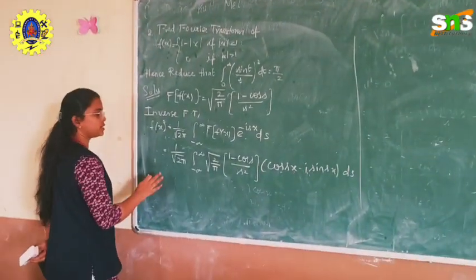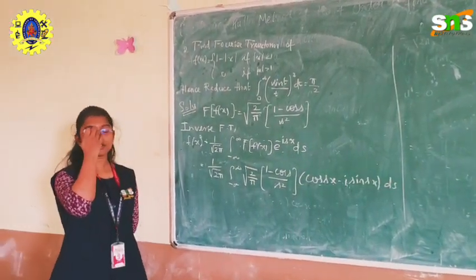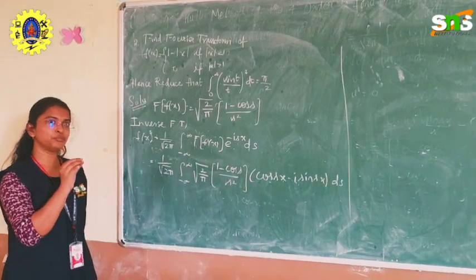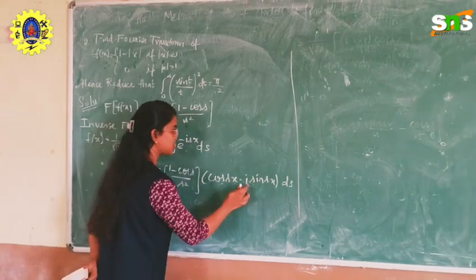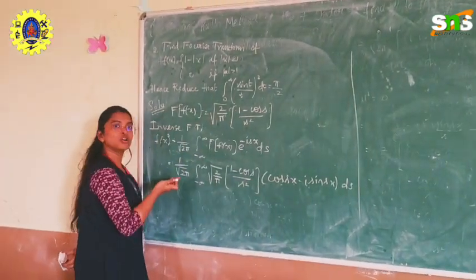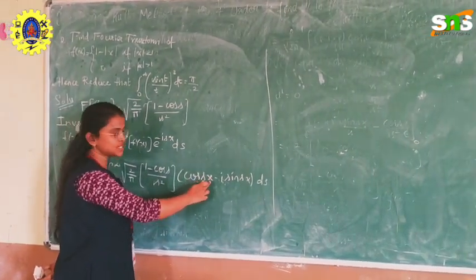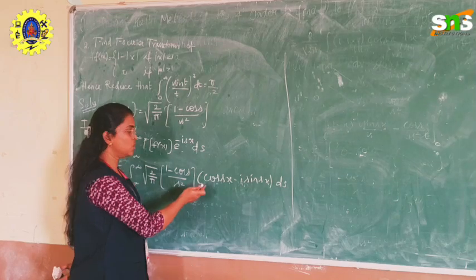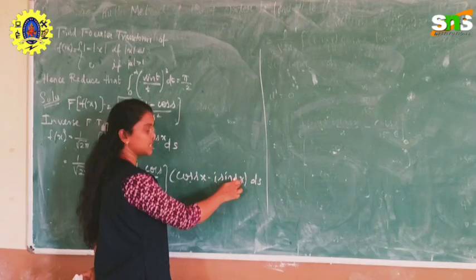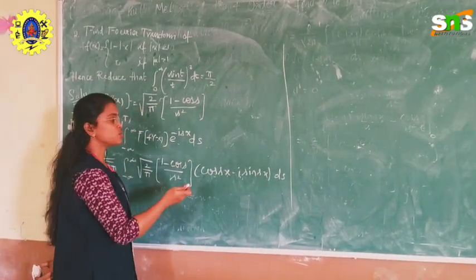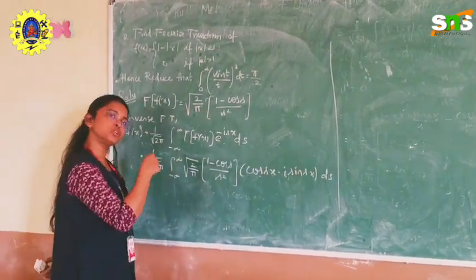So now I am going to multiply all the portion with this term. Then I am going to find out whether the function is odd or even. So now I am just going to pick both of the terms. The first term function is cos sx. The second term function is sin sx. Why? Because all those other terms are constant. Okay. So the first function, which is cos sx: if I substitute s by minus s, you will get the same function only. So this term is an even function. Now sin of minus sx, so what will we get? Minus sin sx, right? So that term is an odd function.